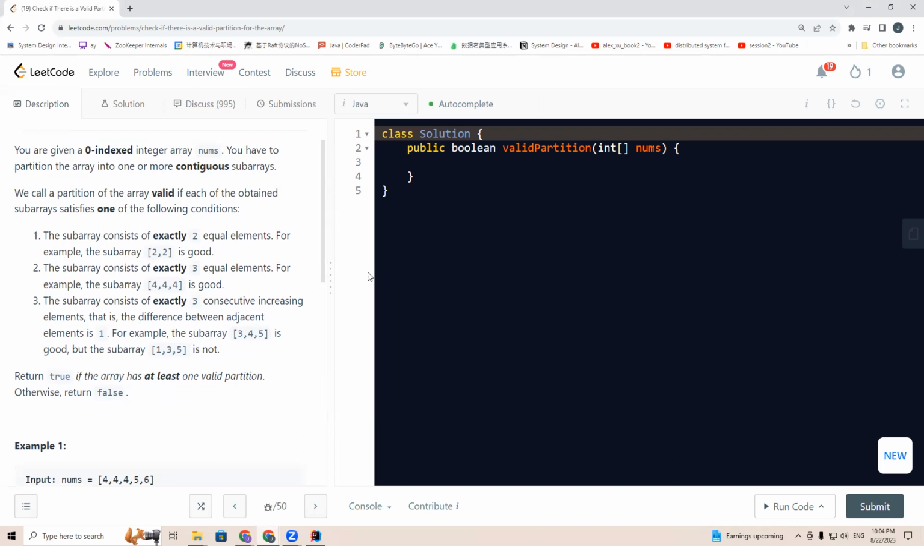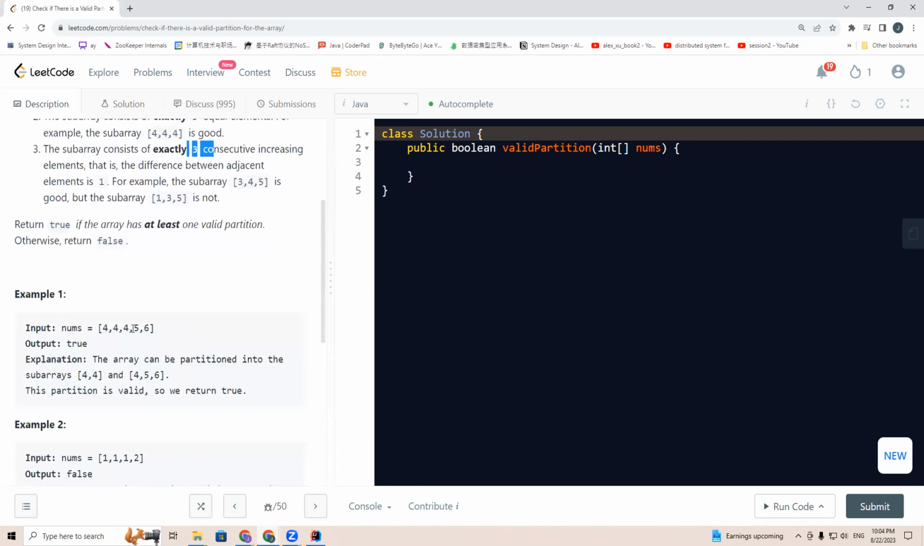A valid partition means each part satisfies one of the following conditions. For example, one part has two equal elements, or one part has three equal elements, or it has three elements and they are consecutively increasing by one. So, for example,